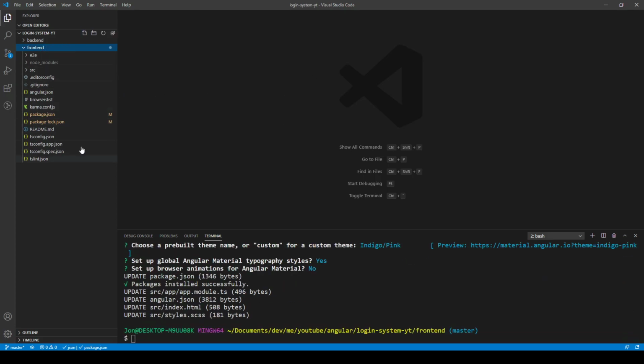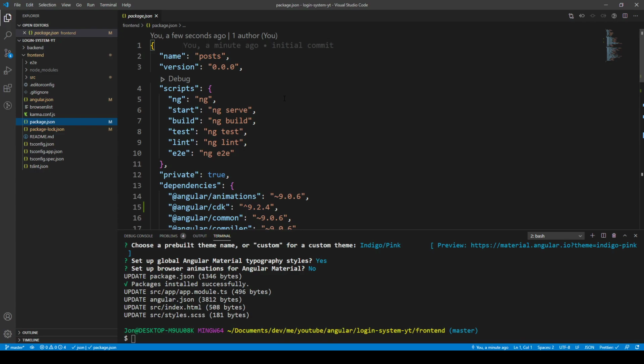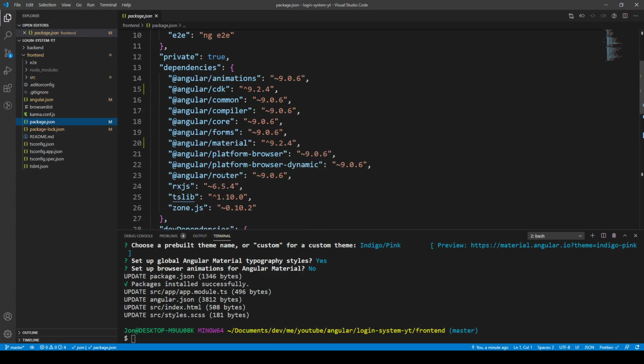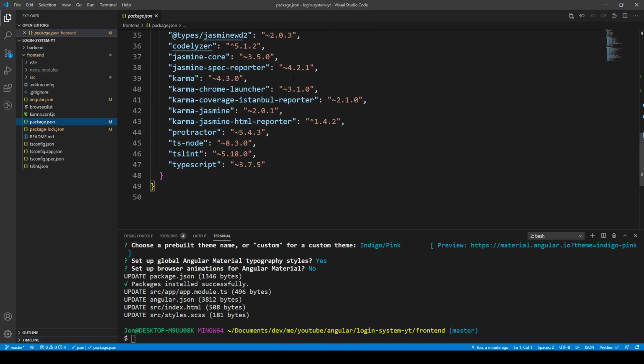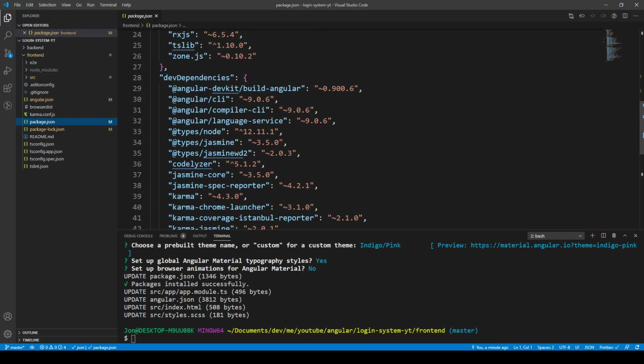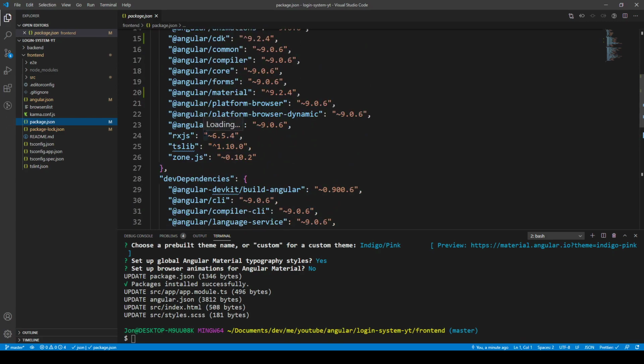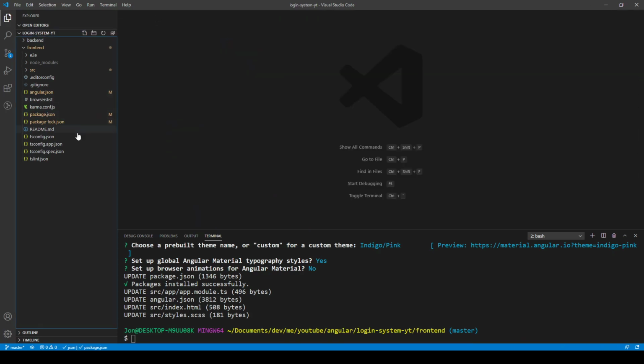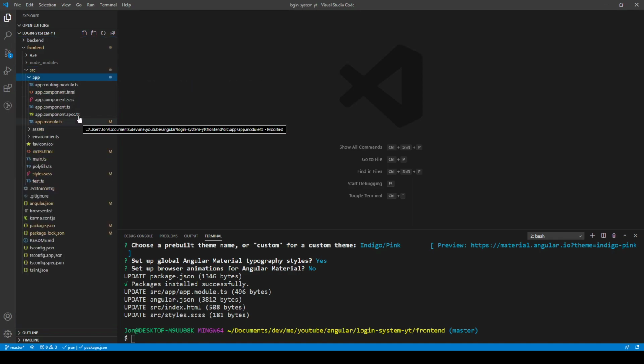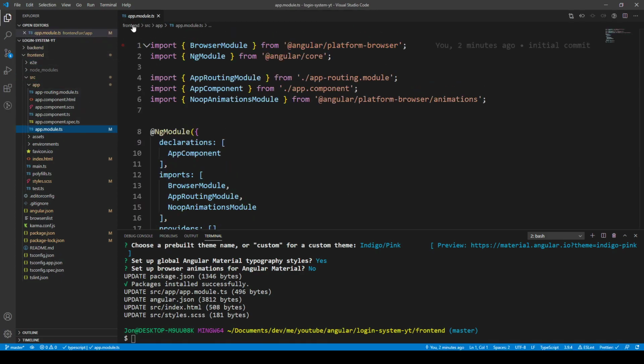So yeah, we've created our Angular app. And if we look in the package JSON in there, we can see that we have the standard dependencies and dev dependencies. So we've got TypeScript and RxJS, which we'll be using extensively in particular. And okay, so we just go to our source folder and we go to our app folder, and this is where everything sort of starts off here, and we'll open up the app module,